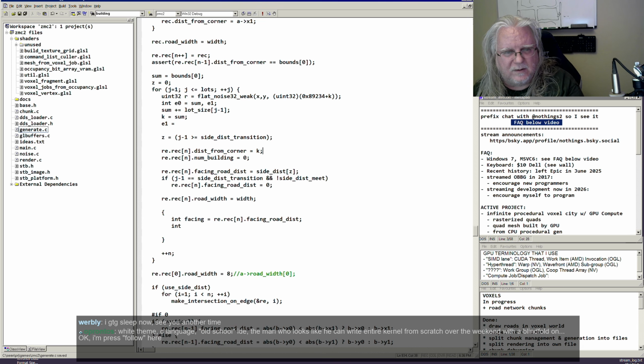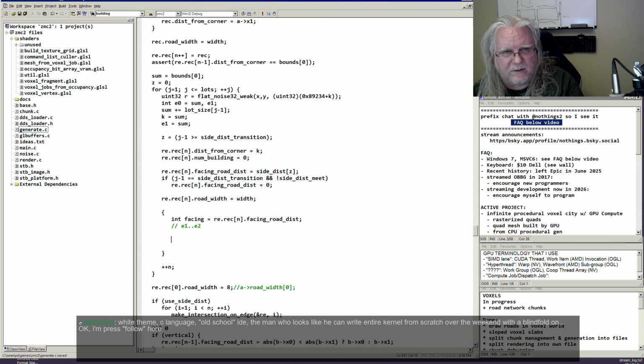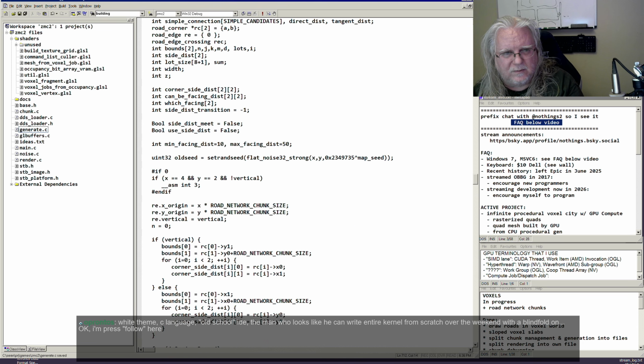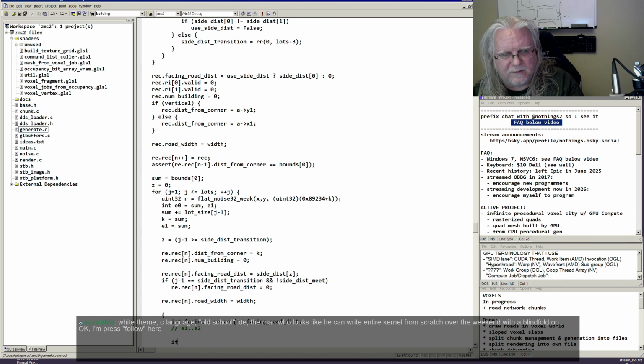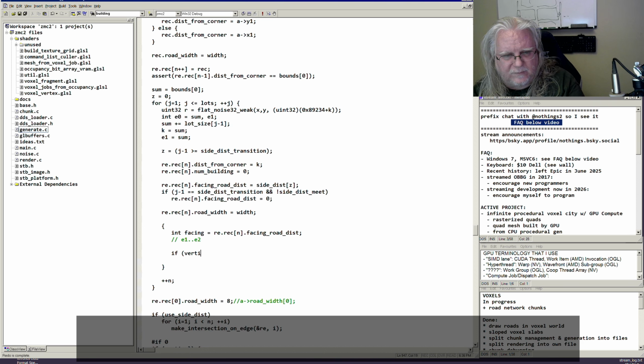Oh, we are here. 1 equals K. Well, sum. Let's just use sum. Okay, so we have a facing road width of width, and we go from E1 to E2. Okay, so if vertical,